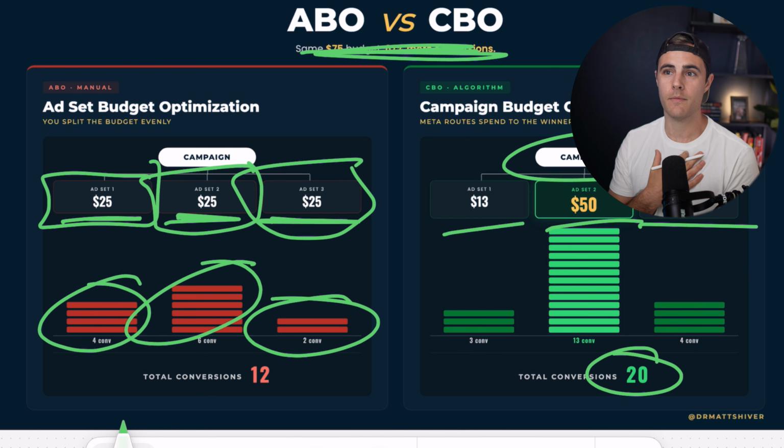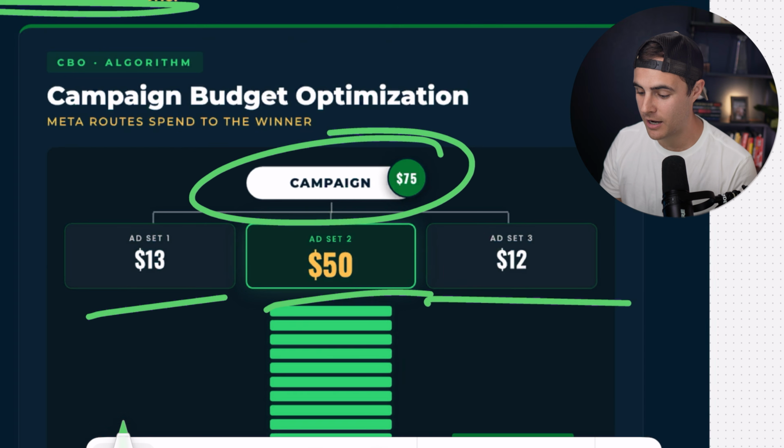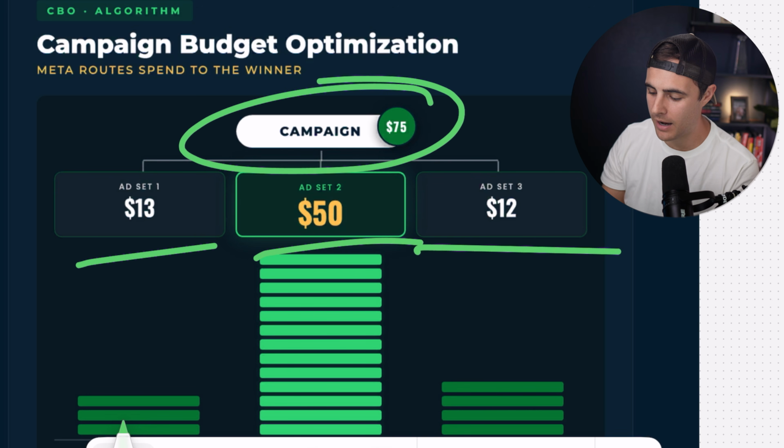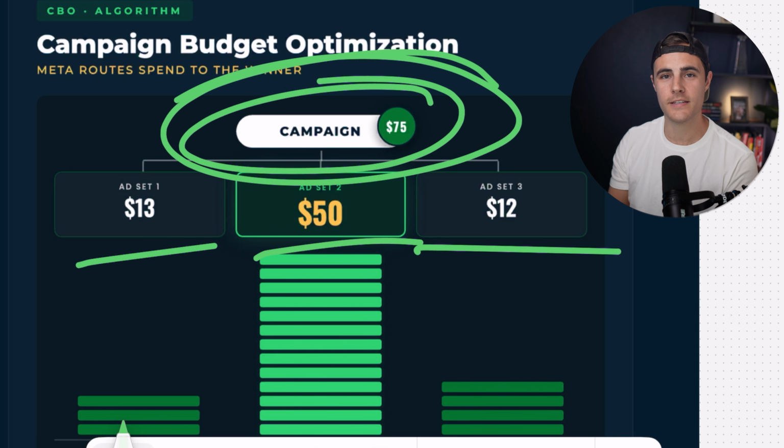For some of my campaigns, like my school mini course, it might be 60 to 90 days before someone buys. And if I'm doing a campaign budget optimization and I'm optimizing for a booked call, Meta's not gonna get any of that data for sometimes 14 to 30, 60 days. So how is Meta gonna be able to optimize that funnel with a CBO? It's gonna say which of these is most likely to get the calls booked the fastest, which also doesn't mean they're gonna be the best quality.